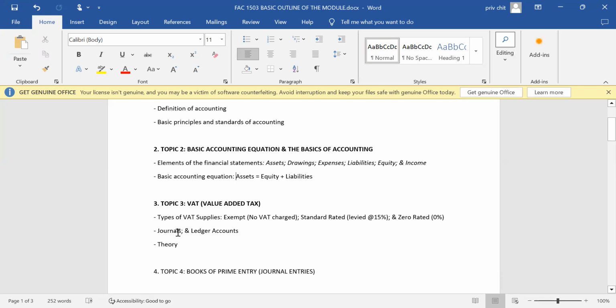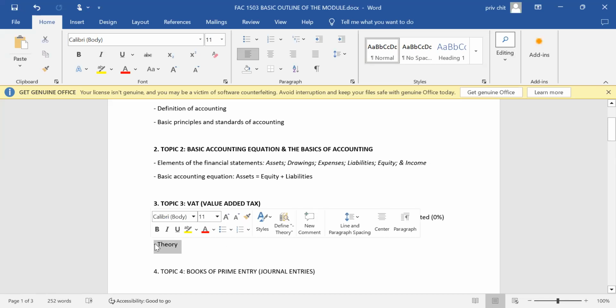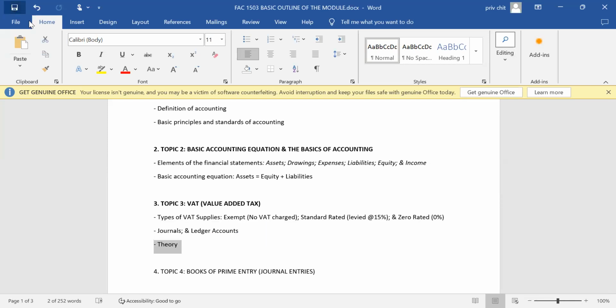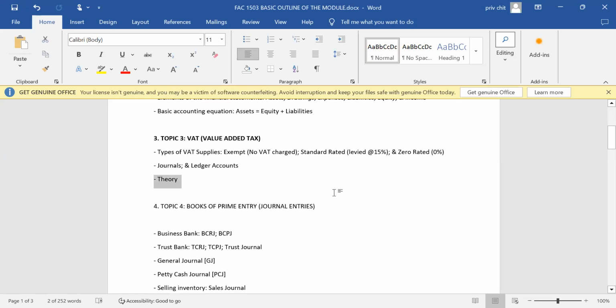Then, of course, you'll be expected to do some recording of transactions in your books, obviously, as an attorney, and this we call journals and ledger accounts, right? But of course, like I mentioned earlier, there are some theoretical background or principles that you need to understand that govern the principle of value added tax, which I'm going to be explaining as we proceed further, right?